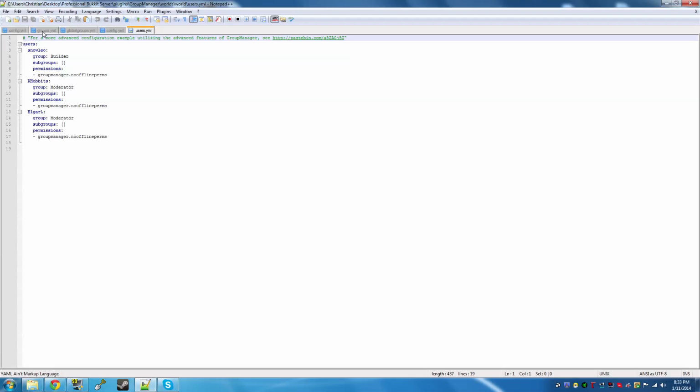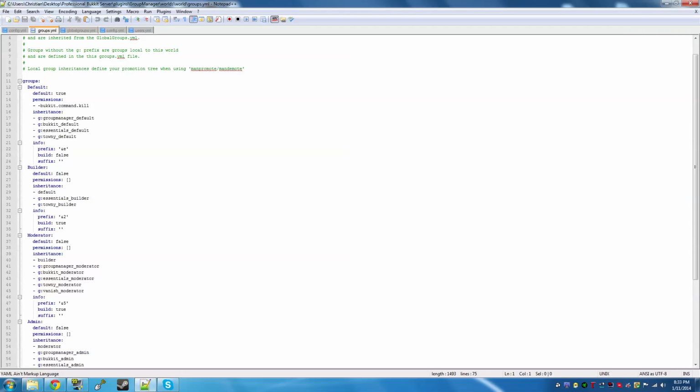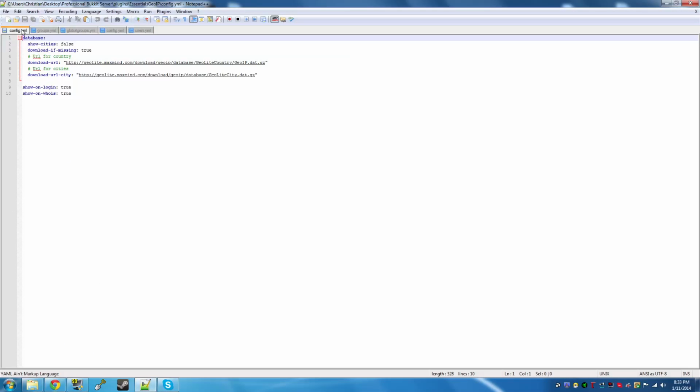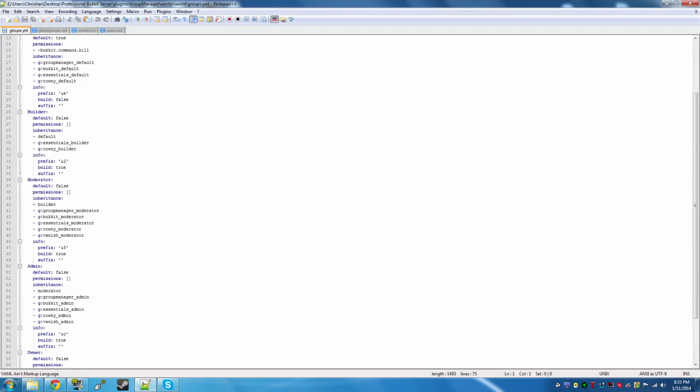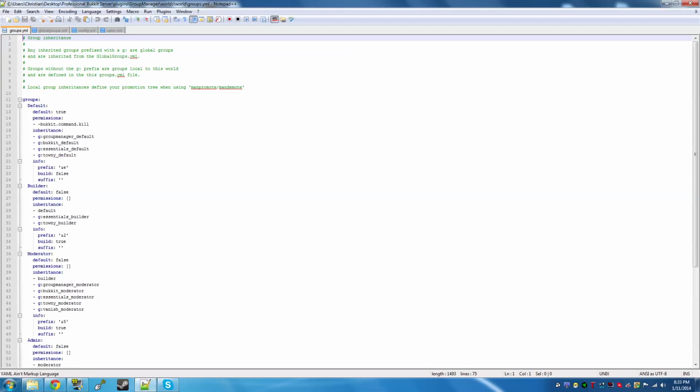So okay, groups here. Trying to think the best way to explain this. Basically, when someone joins, they're going to be set to default, right? And this is the default one here. We can set it to different. And basically, they'll have these permissions here, and they'll inherit. Inheritance is a little bit difficult to explain, but they're inheriting